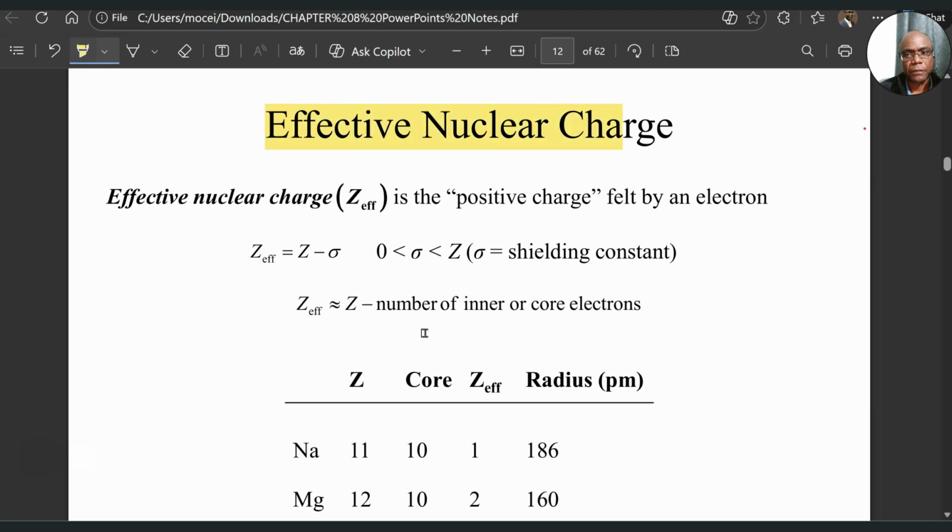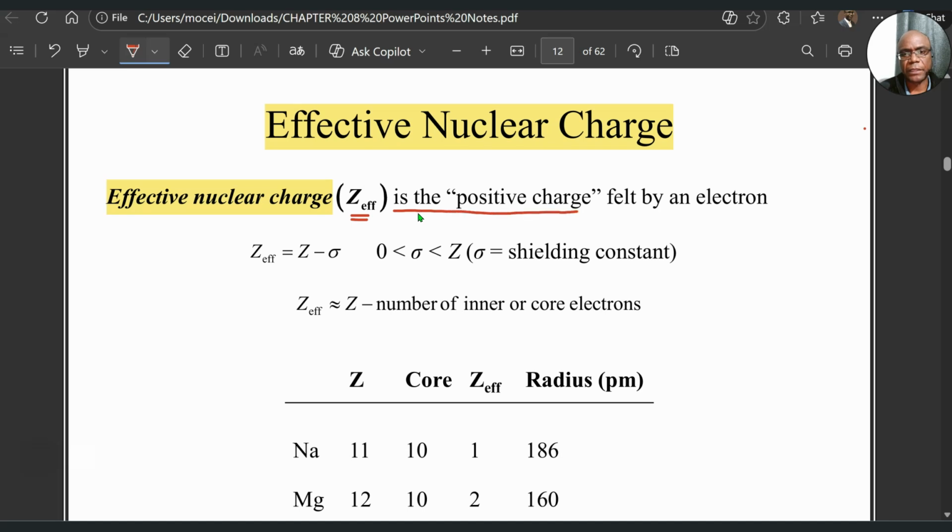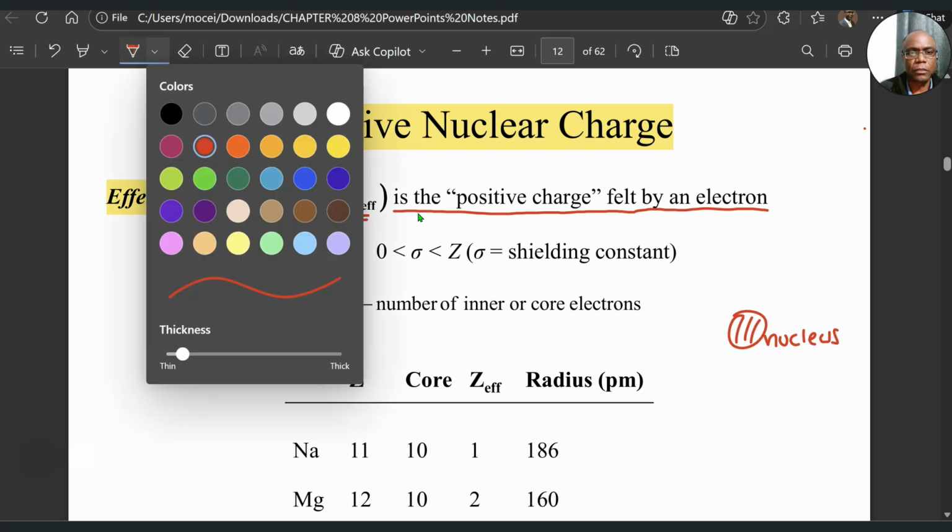Now let's talk about effective nuclear charge. The effective nuclear charge is denoted by Z subscript EFF and is defined as the positive charge felt by an electron outside the nucleus. So if you have a nucleus, call this the nucleus, and then let's go outside the